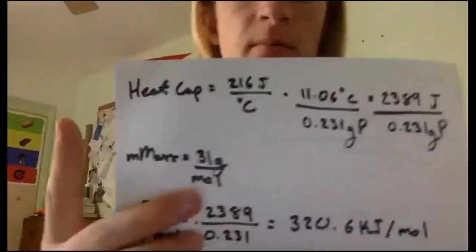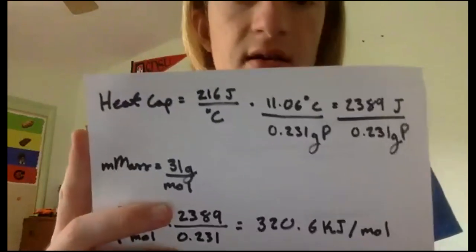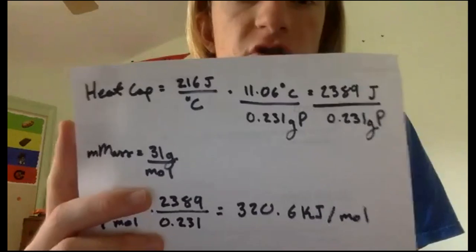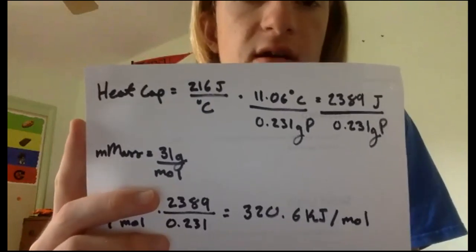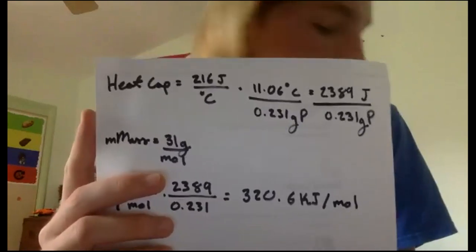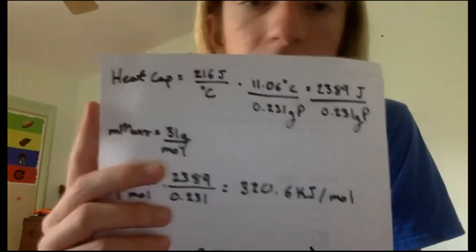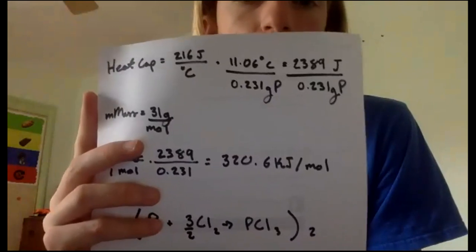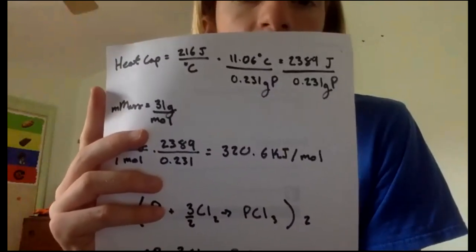So we're given the heat capacity is equal to 216 joules per degree Celsius multiplied by 11.06 degrees Celsius, which was raised by what is that, 0.231? I can't read my own handwriting backwards. Oh, sorry, I misread it. That'll give you just about 2,400 joules per 0.231